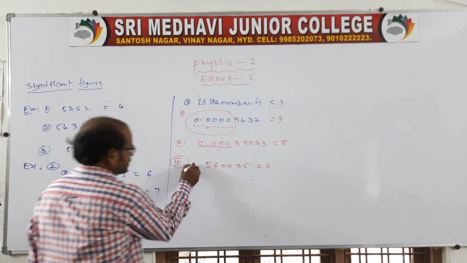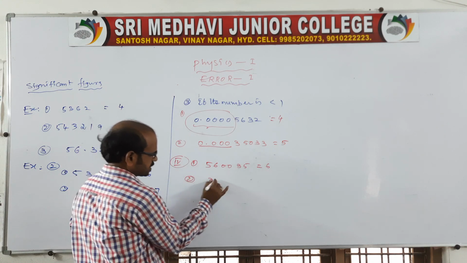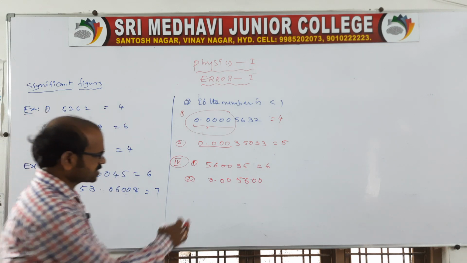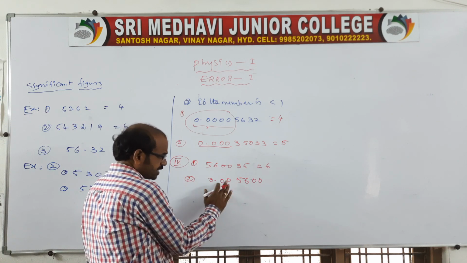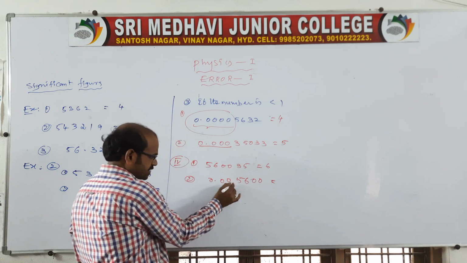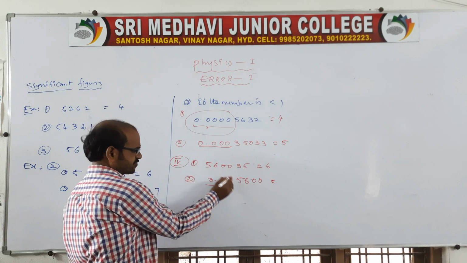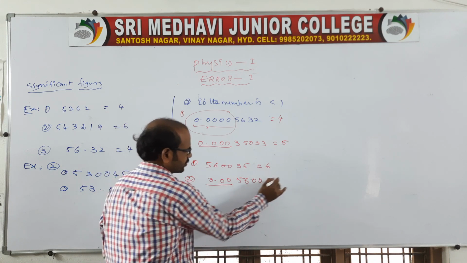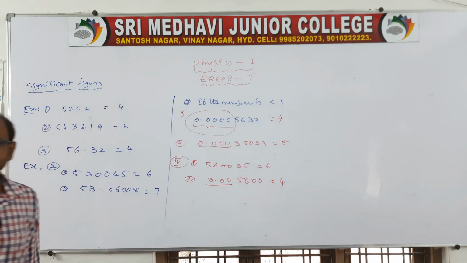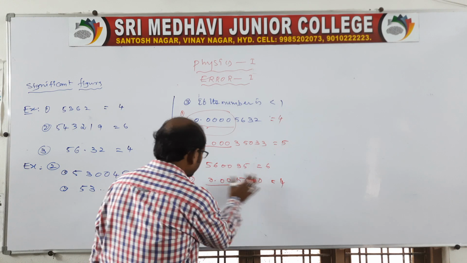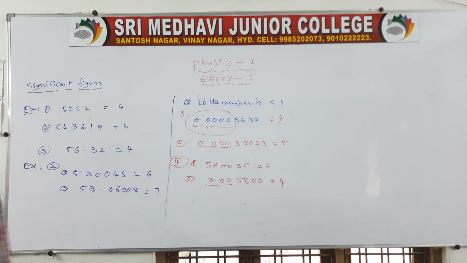And here, in this second rule I'll give you, suppose 0.005600. Sir, what is the significant? Again it is less than 1, but here after the number there are some zeros, so you count these also. This you leave. See, the left side you leave, but the right side zeros we should count here, so that 1 2 3 4 is the significant. 1 2 3 4 is the significant. Like this, here we should write the significant figures.